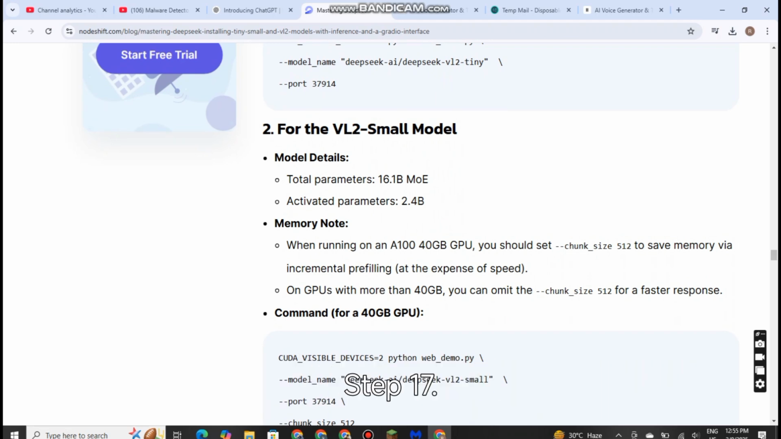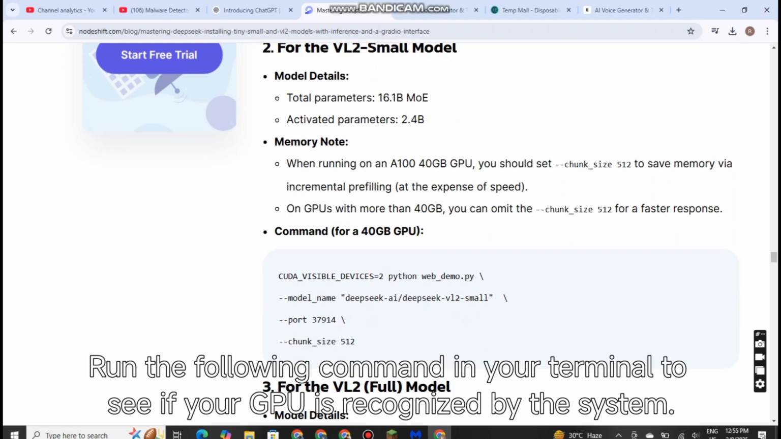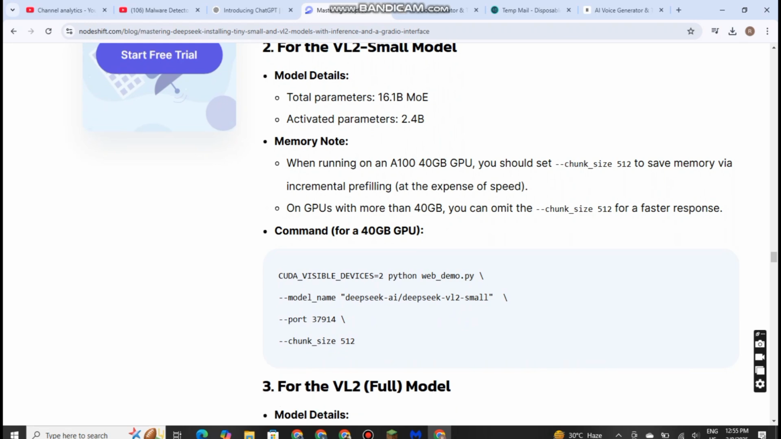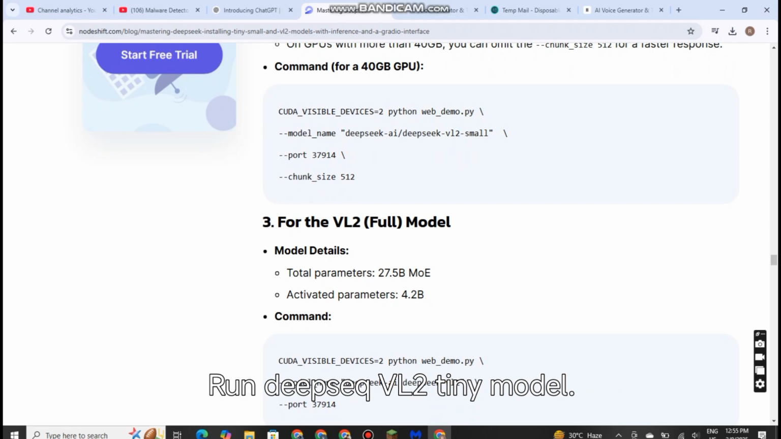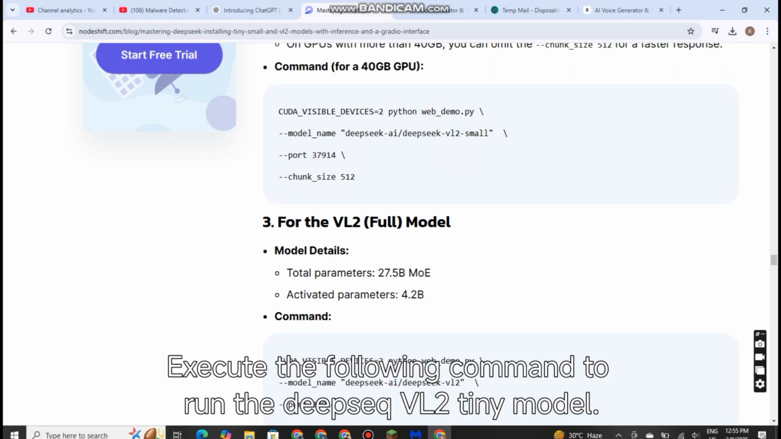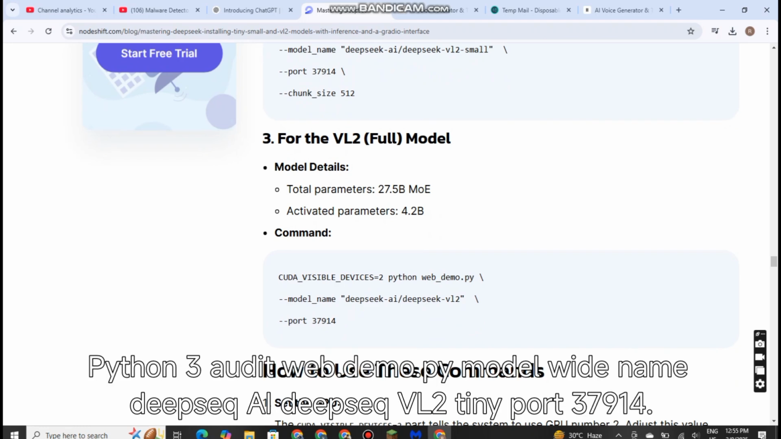Step 17. Verify your GPU availability. Run the following command in your terminal to see if your GPU is recognized by the system: nvidia-smi. Step 18. Run DeepSeek-VL2 Tiny model. Execute the following command to run the DeepSeek-VL2 Tiny model: python3 web_demo.py --model_name deepseek-ai/deepseek-vl2-tiny